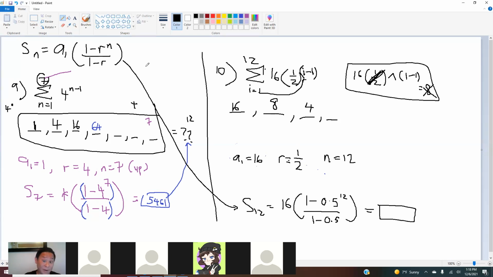Can you enable your webcam and just show it to me like this? I'm trying it right now. Yeah, I just put in parentheses 1 instead of 1 minus 1. Why did you put parentheses? It should be 1 minus 1. Yeah, I put 1 instead. Right, so we do 16, 1 minus 0.5 to the power of 12